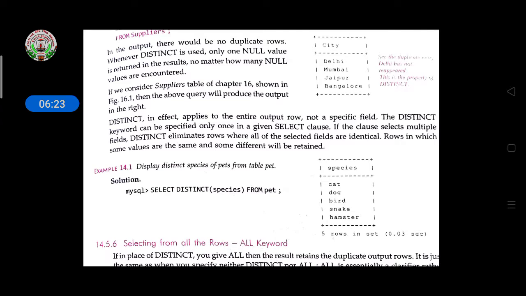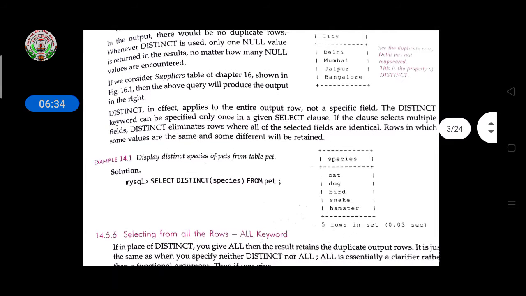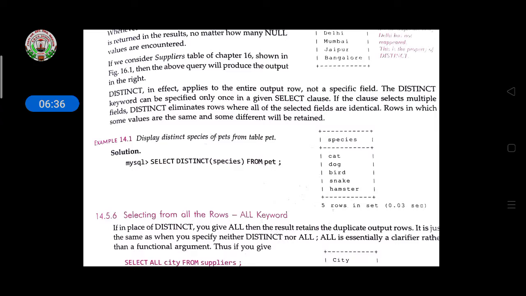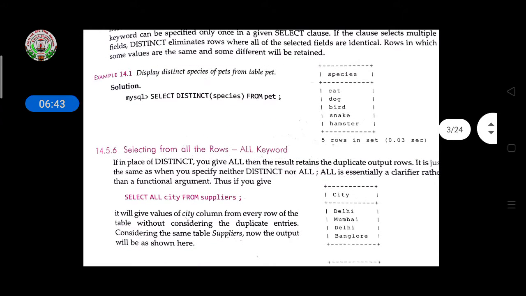The DISTINCT effect applies to the entire output row, not a specified field. The DISTINCT keyword can be specified only once in the select clause, so it will not show multiple fields. It shows only one field, not duplicated.